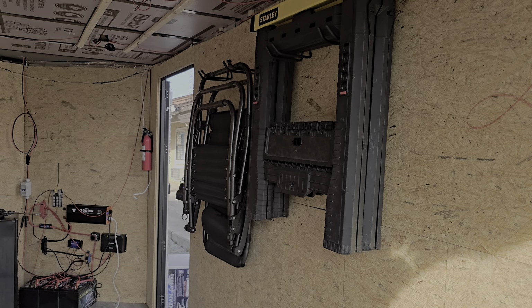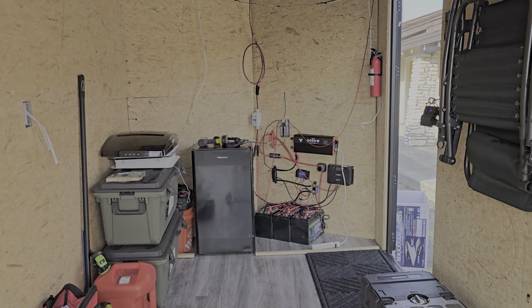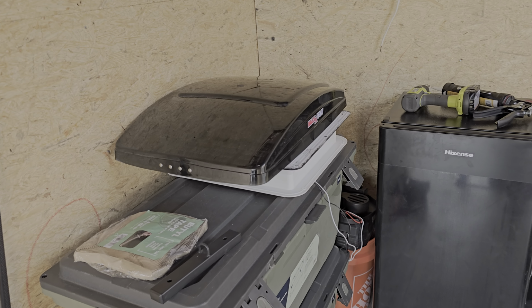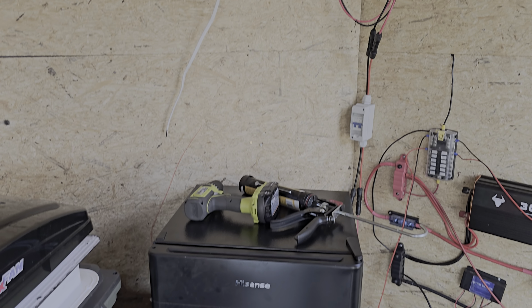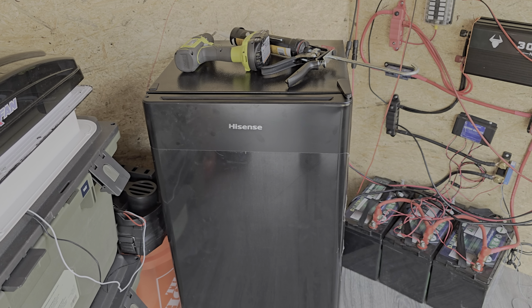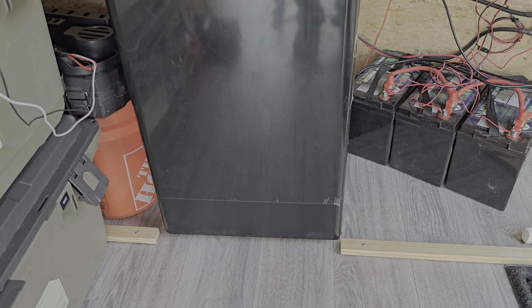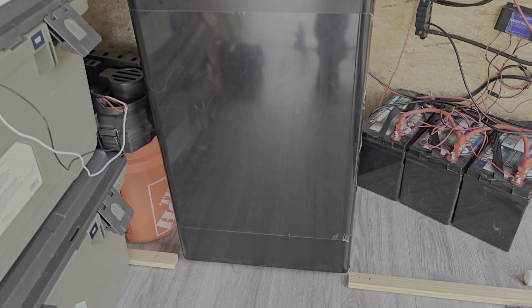And tomorrow the Max Cool vent fan gets installed right up there, so I've got some ventilation. And yeah, I just picked up this fridge yesterday at Lowe's. Didn't realize it, but that bottom right corner is bent or dented. But anyways,